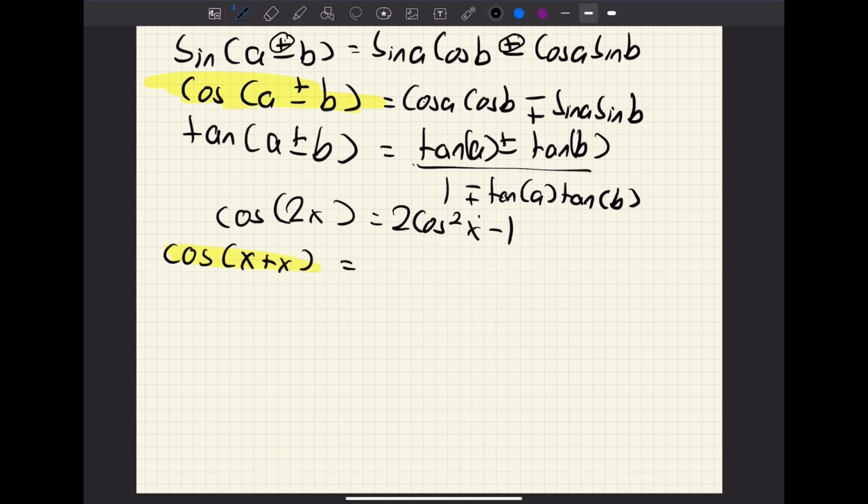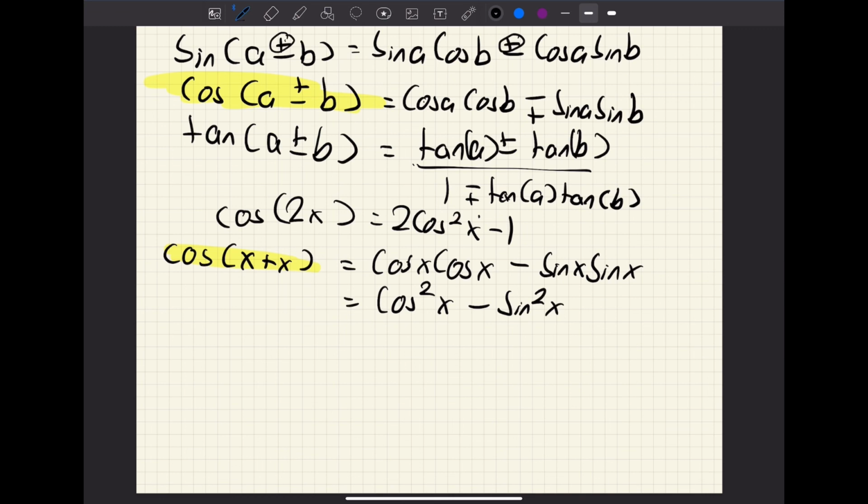So we know that cos of a plus b is equal to, since a and b both are x, cos x cos x. Since it's plus over here, we use minus sine x sine x. So this will be cos square x minus sine square x. Cos 2x also can be written in another form, and I'll show that as well. It is not only 2 cos square x minus 1, it is also equivalent to 1 minus 2 sine square x. And I'll show how